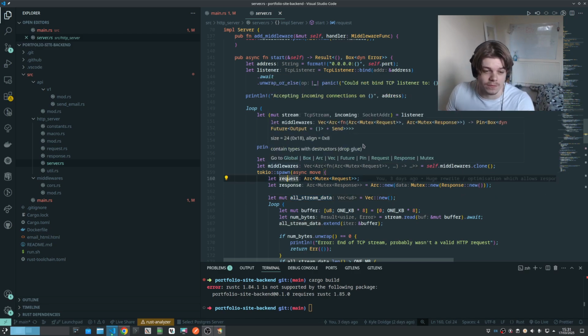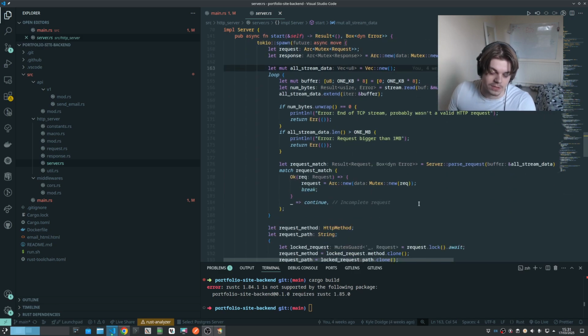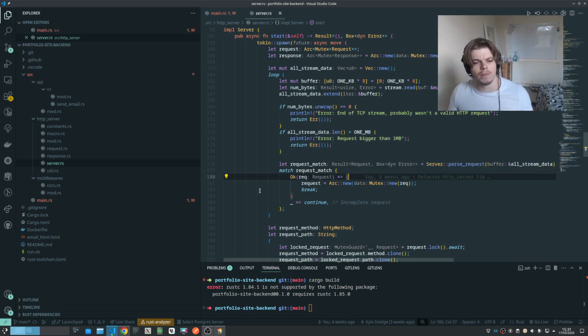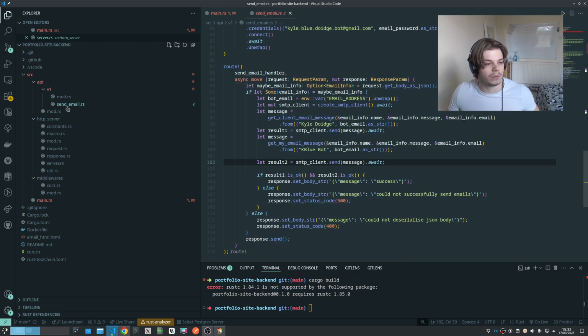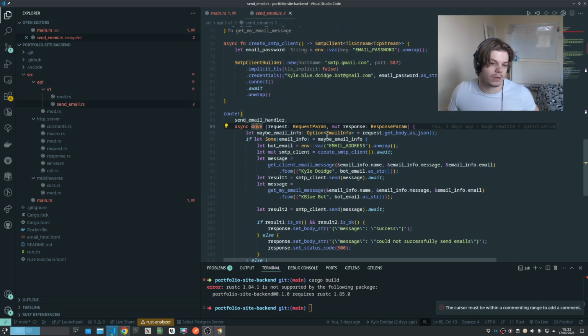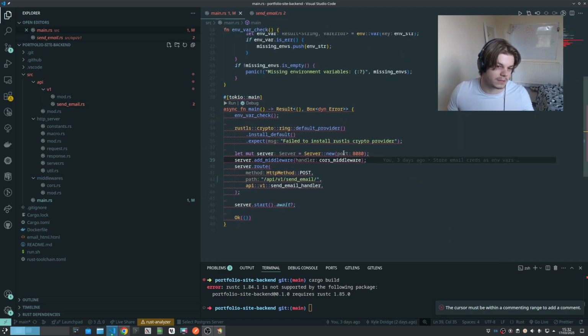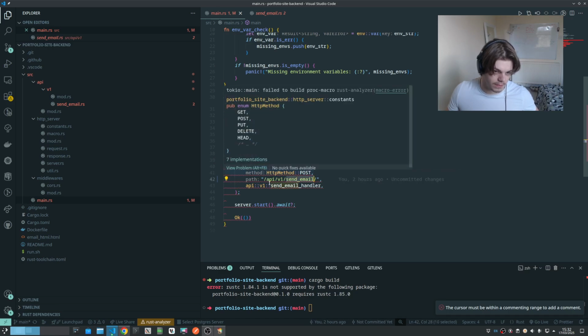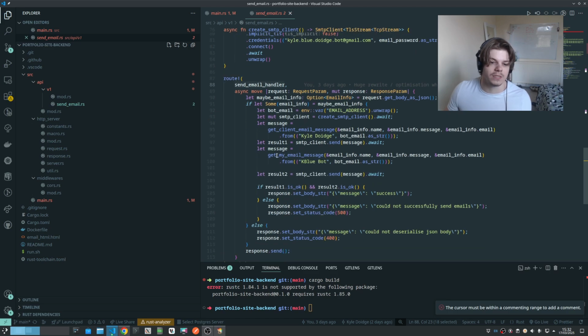The HTTP server that I've created here as well allows pretty common things that you see in some of the other popular HTTP server libraries, such as those that you might be familiar with in Node, like Express. So we've got routes that you can define. Let me show you an example. I can send email. I've defined a route here. I should go to main.js. I don't develop in this environment, so I haven't installed the dependencies, so it's doing this. But you can define the route here, and that's associated with this particular handler, which we can see over here, which has this particular logic,